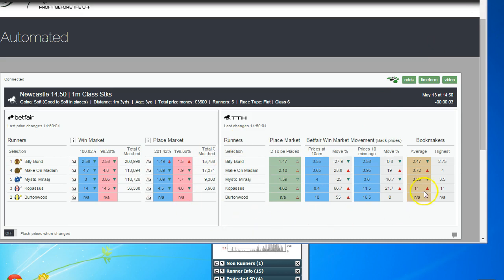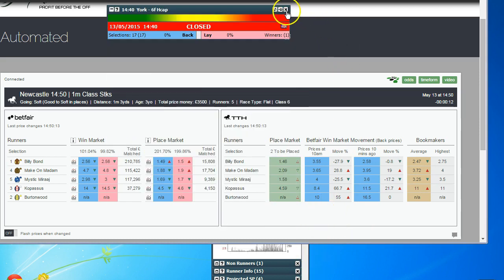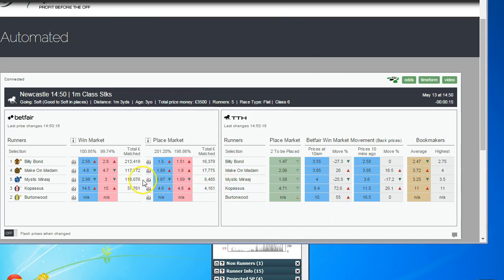And like I say, I hope that's given you a good indication of the sort of things that we can actually look for in the software. As I say, one of the key elements is going in here and actually identifying just the way the market's going to move and the way the trends are going to go. We're obviously picking up very much on the place market prices, because that's giving us an accurate indication of where the market's moving. We're then considering that based on the prices at 10 o'clock and 10 minutes ago,